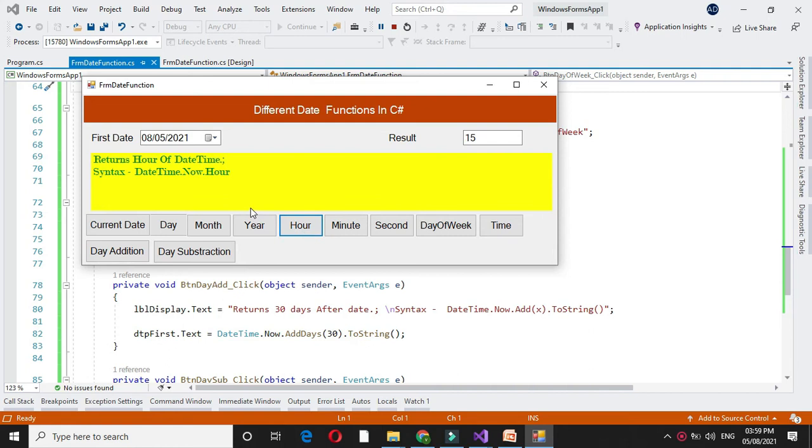Hour function returns the time in hours. Minute function returns the number of minutes in the time. Syntax is DateTime.Now.Minute. And second function returns the seconds from the time. The syntax is